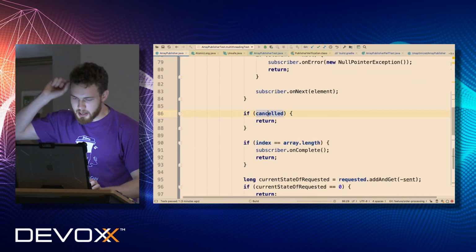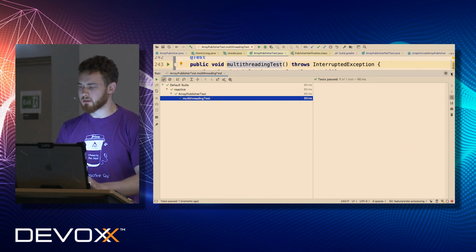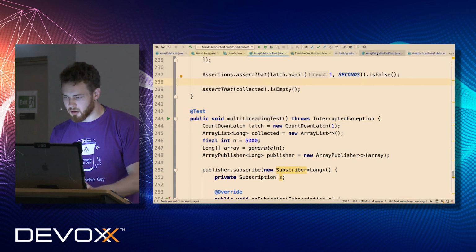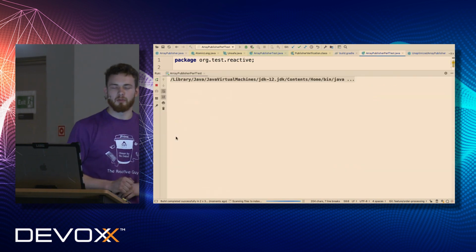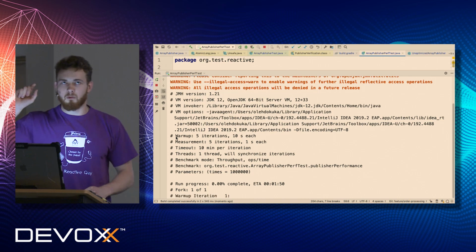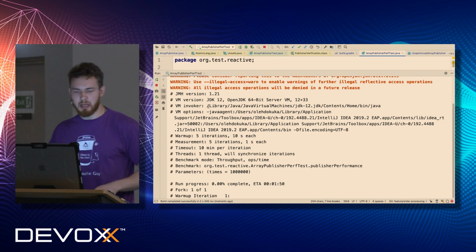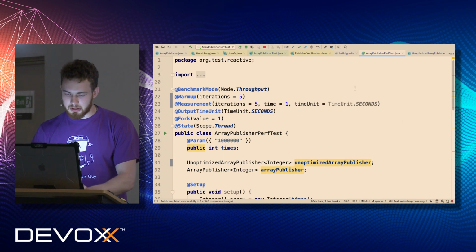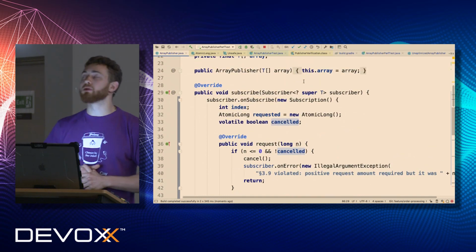So now again, let's just rerun the same multi-threading test, which says all good. We can go ahead, there's no problem. And now, if you run our JMH benchmark, so here is my performance test, you will see a good increase in performance. In a good case, for a proper test, you will see about 20 to 30% win in performance. We can wait for 2 minutes, but in general, we are going to skip it a little bit, and we are going to focus on final optimizations.